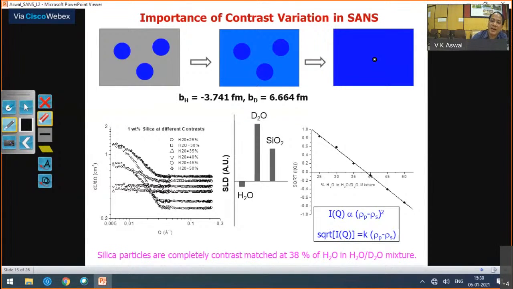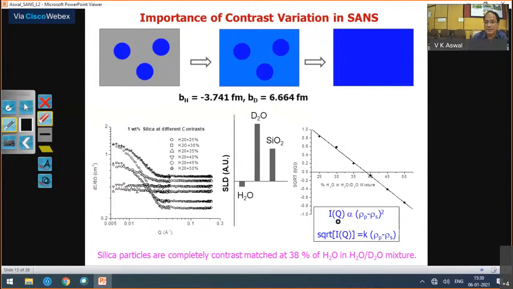So if you know the chemical compositions, you can do some calculations and get this kind of conditions, but nothing like verifying this experimentally. So you can verify this experimentally, and for that what you have to do is vary one of the components in the solvent, let's say H2O, in an H2O-D2O mixture, so 25, 30, 35 up to 50, and then